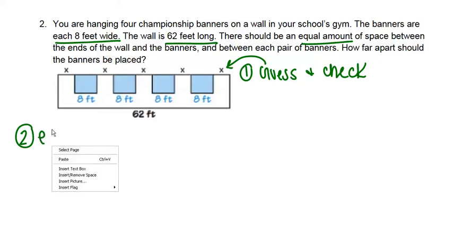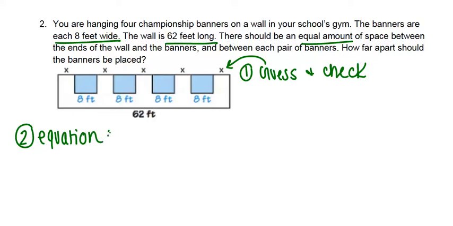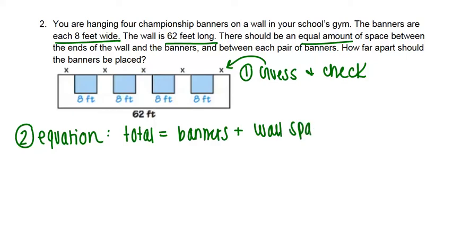So for this one, I'm going to go ahead and set up an equation again. Without overthinking this, I'm going to say, well, I know that the total length has to equal the length of all the banners plus the wall space. As soon as I have this written down, I'm going to fill in any values that I'm given. So I know that the total length of the wall is 62. I know that for the 4 banners, 1, 2, 3, 4, they are each 8 feet wide. So I have 4 times 8, plus I have 1, 2, 3, 4, 5 pieces of wall space